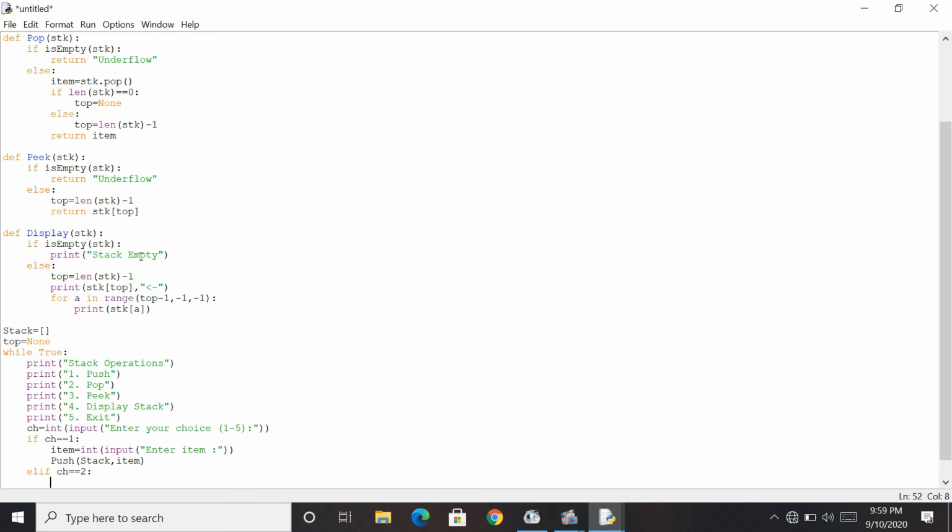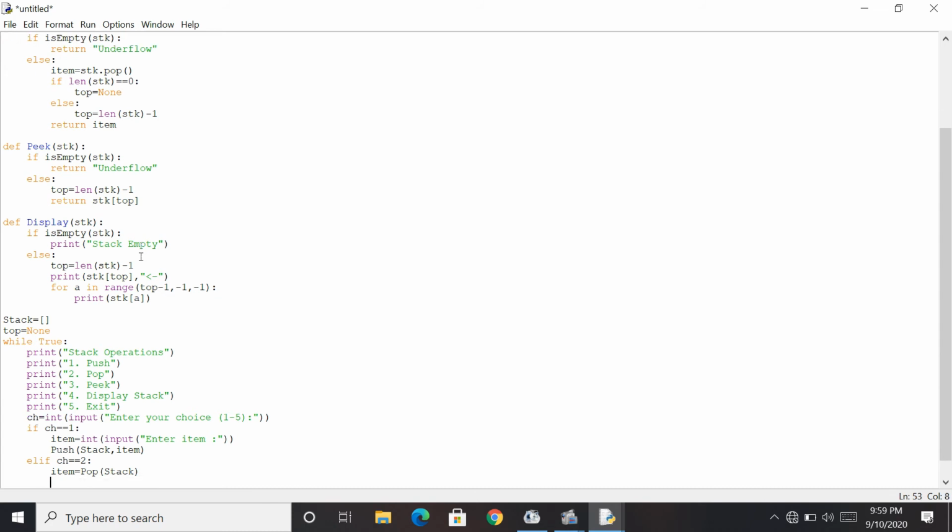So in that case, we are just going to call that pop function, giving it the stack, and whatever pop returns will be stored in this variable item. So if the value received from the pop function is item equals to underflow, it means if the pop function returns us this string underflow,